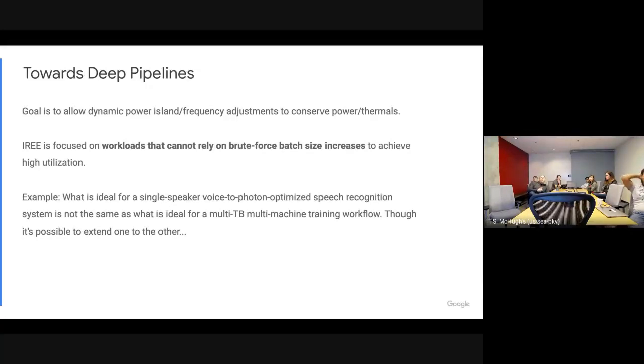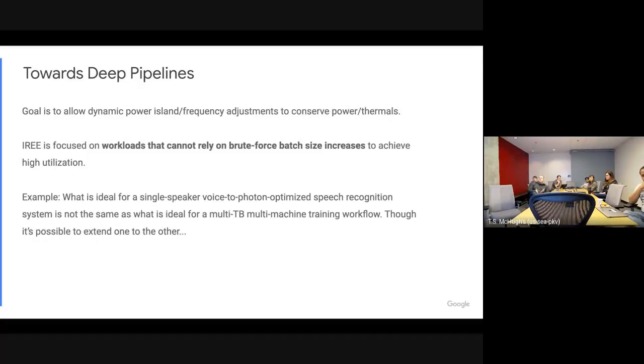And so usually when you are not able to build these pipelines, you can still get decent utilization just by brute forcing your batch size, just keep increasing the batch size until your utilization number is good. But that doesn't work in these scenarios where you might be trying to transcribe speech to text for a single speaker. So what we're really focused on here are these workloads, the workloads that you can't brute force.